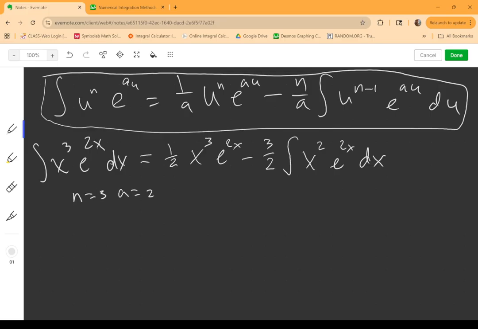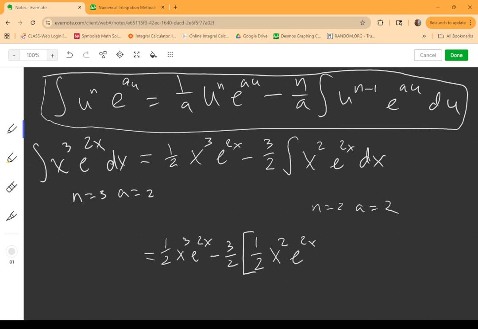And then what you see here is, well, we're not done yet. We still need to go further, and we need to apply this formula again. In my next iteration, n is going to be 2 and a is also 2. So this stuff remains the same. It's still 1/2 x cubed e to the 2x minus 3 over 2, and then just be careful with signs here. And then I reuse the formula again, now with a still 2, so 1/2, and now my n is 2, so we get x squared